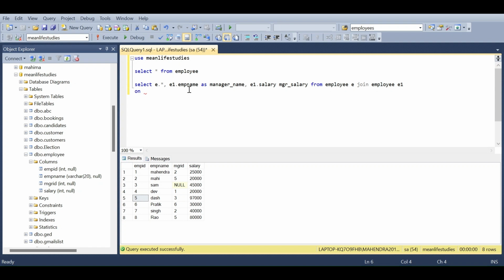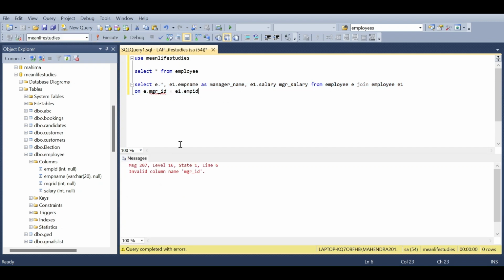On what is the condition? You are going to join this manager ID with employee ID so that you are retrieving these names and the salary for those particular managers. What's the condition? In the first table manager ID is equal to, in the second table, employee ID. Now if I execute this one,